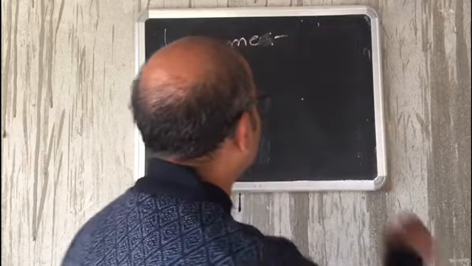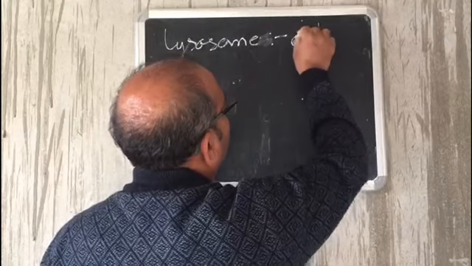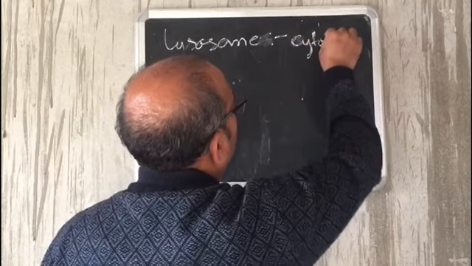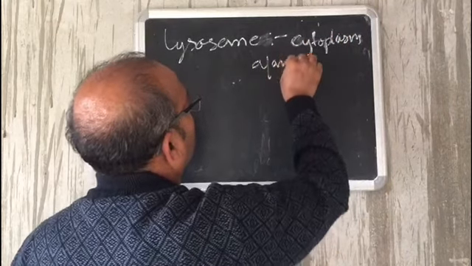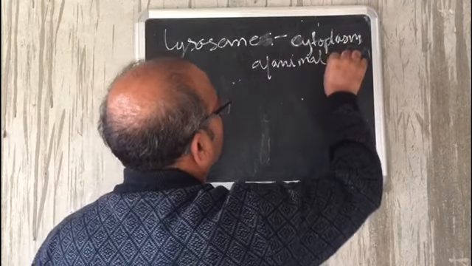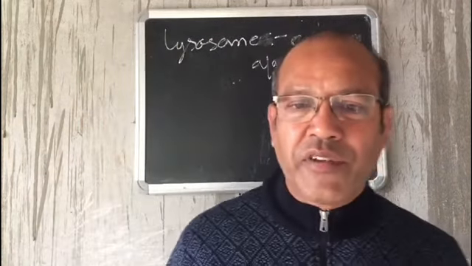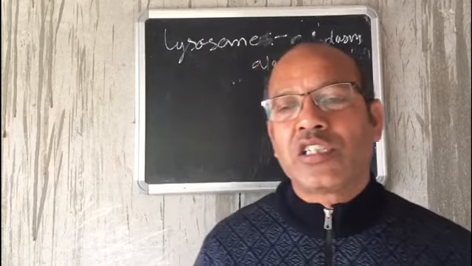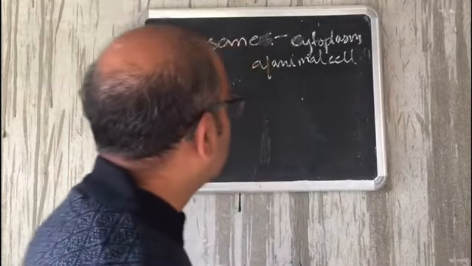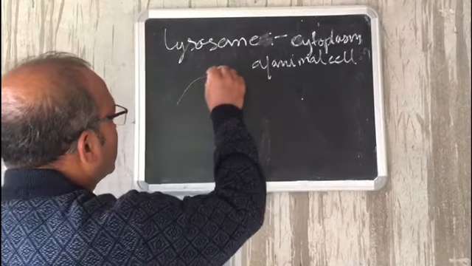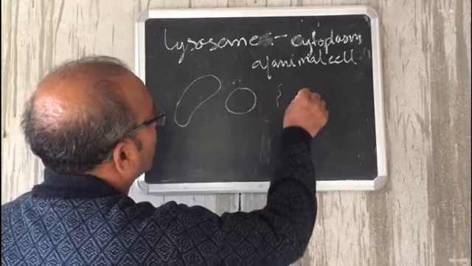Lysosomes are basically found only in the cytoplasm of animal cell. It is present in the cytoplasm of animal cell. It is spherical or irregular in shape. And as far as shape is concerned, it is spherical or irregular in shape,